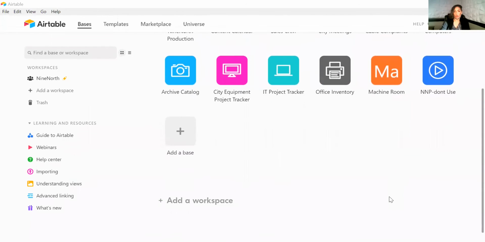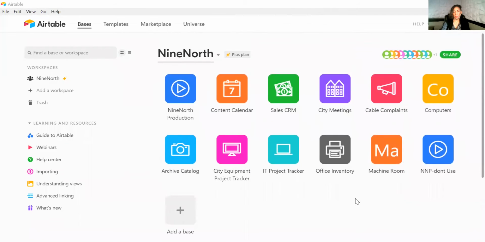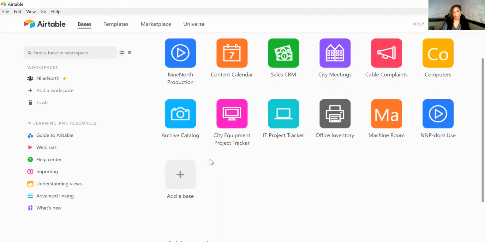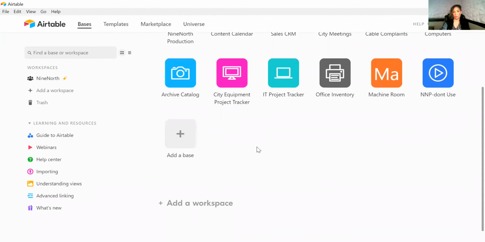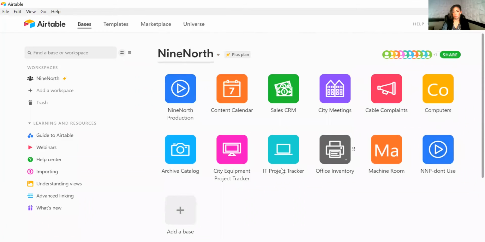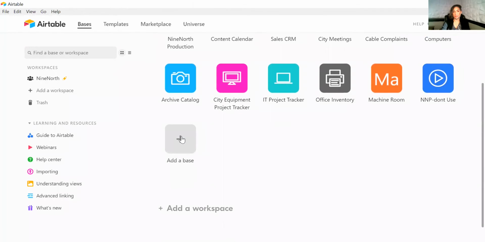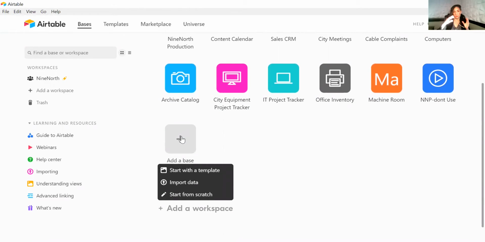So when you first start with Airtable, you have something called the workspace. Think of the workspace. As I click here, that's one of my workspaces that's highlighting in blue. The workspace is like your house, and then you have these smaller sections called bases. Here we have a couple. Bases are like the rooms, so they all kind of ladder up and belong in the house, but they act